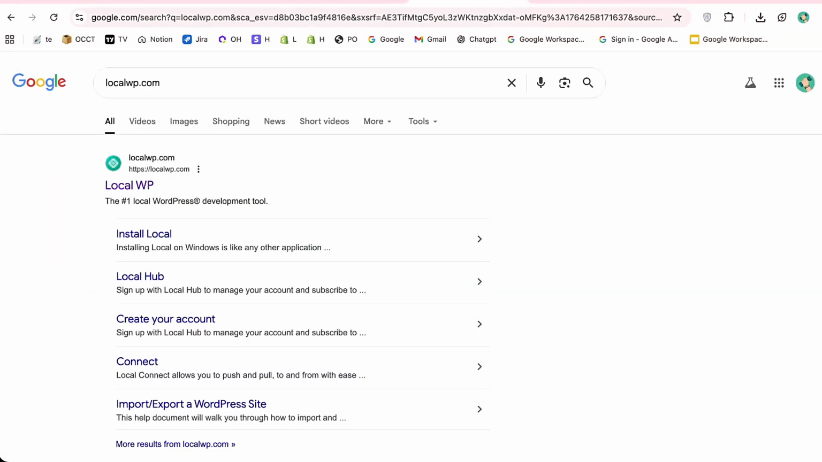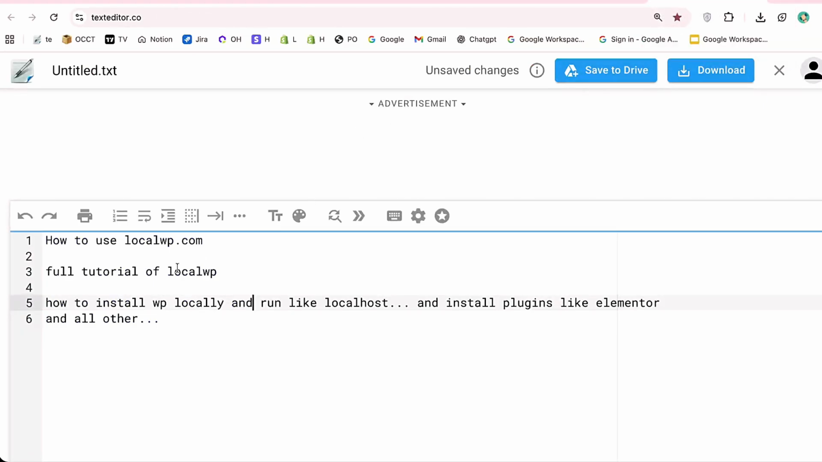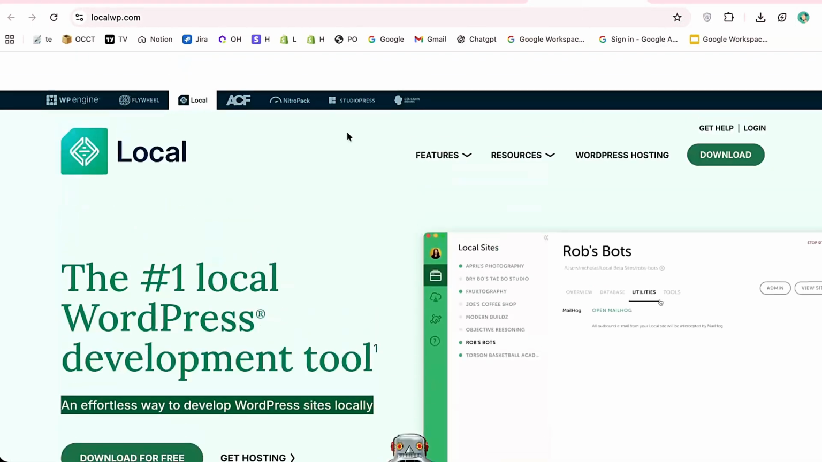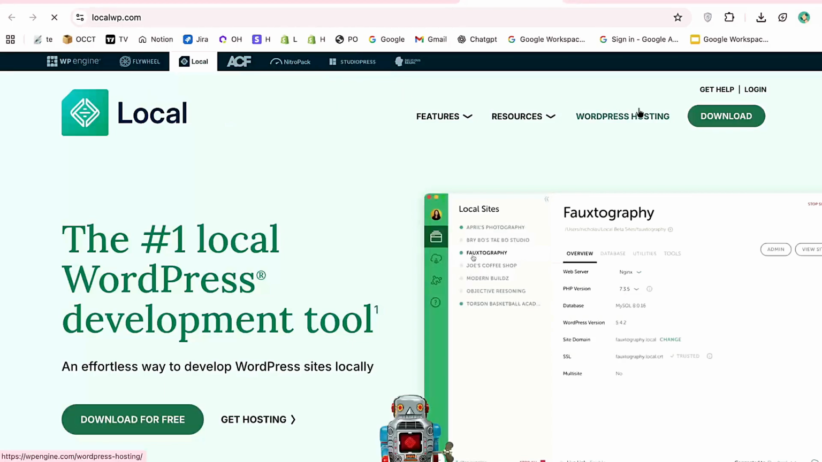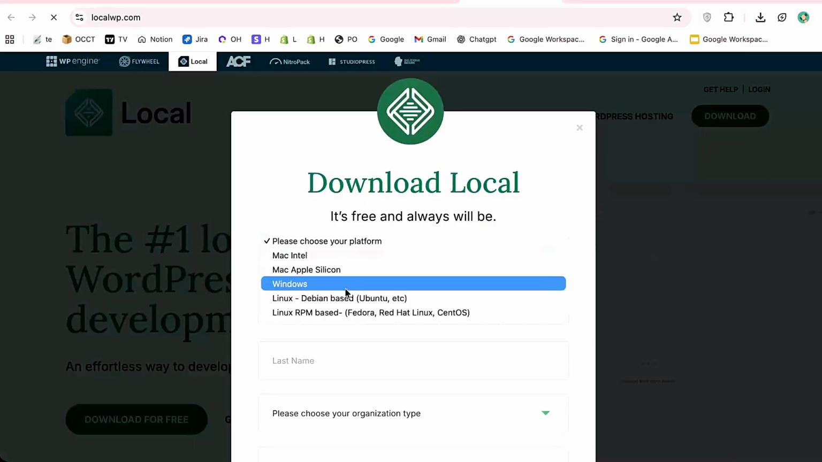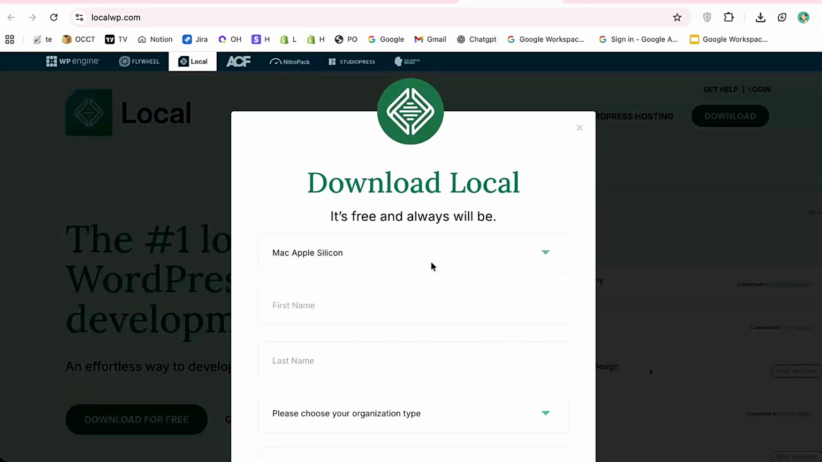Part 1. How to install Local by Flywheel on Mac. Installing the Local by Flywheel application on your macOS computer is straightforward. Step 1. Download the installer. Open your web browser, Safari, Chrome, etc., and navigate to the official Local by Flywheel website,